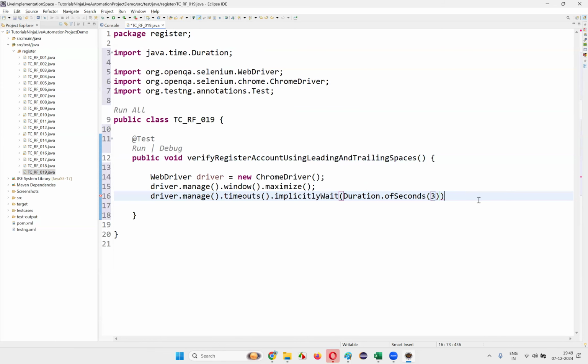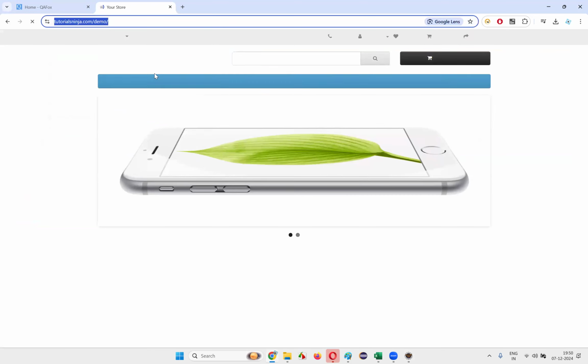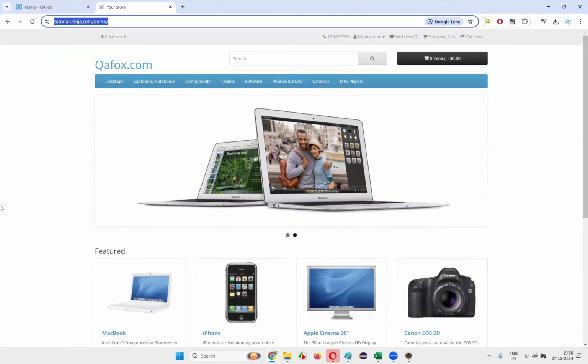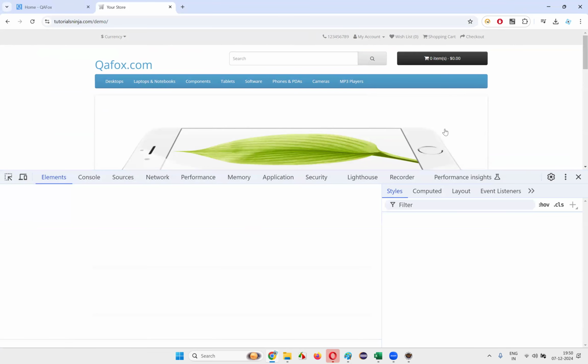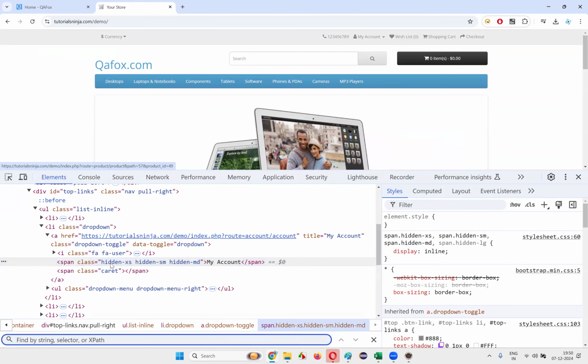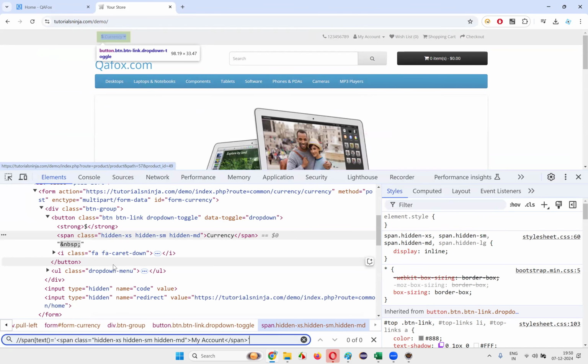Just give 3 seconds, let's say, and simply say driver dot get. Here provide the application page URL. So this application page URL, guys, I need to provide: tutorialsninja.com/demo is the application page URL. After going to the application page URL, I need to click on the My Account drop menu. Inspect this My Account, select this and create an XPath expression. Double slash span text function is equal to